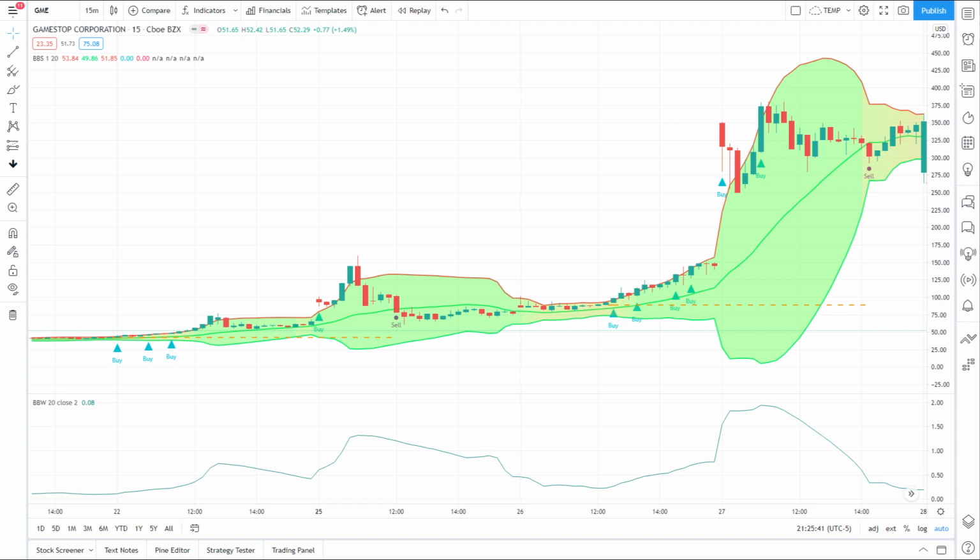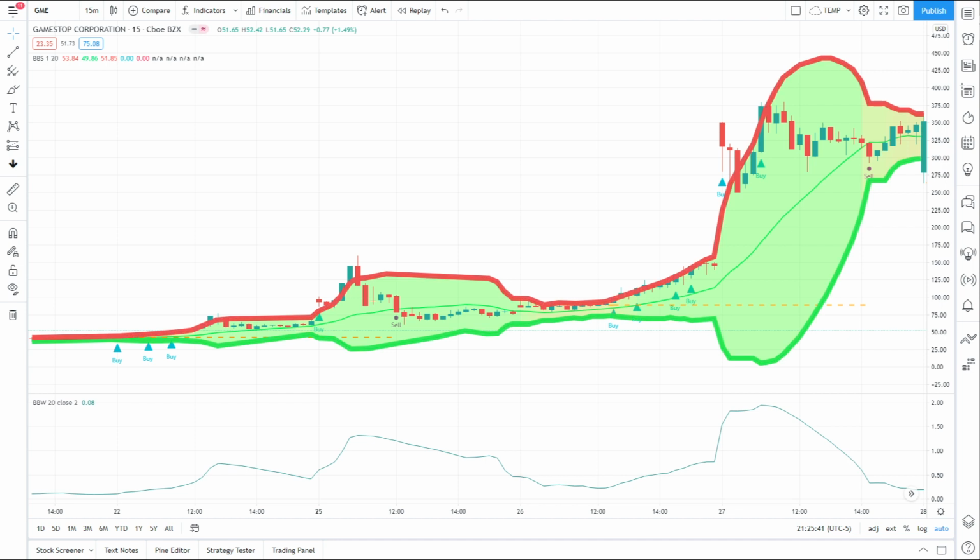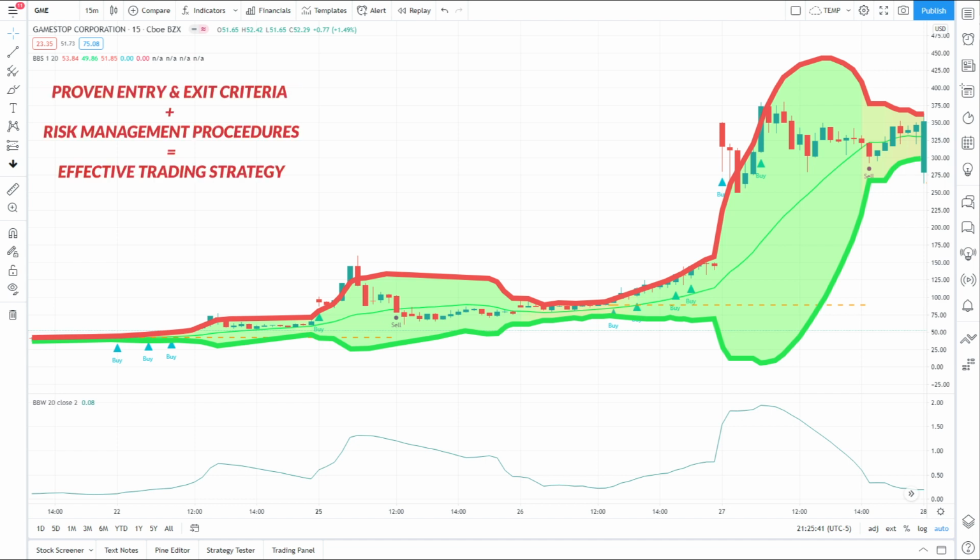There are many different ways to identify and quantify price ranges. Conveniently, the Bollinger Bands indicator has a very clear range already established for us to use. The range between the upper and lower bands. Breakouts from the Bollinger Bands often lead to some extended trends, which can be excellent trading opportunities. When combined with a well-refined set of entry and exit criteria, and with established risk management procedures, we can use these breakouts to form the basis of an extremely effective trading strategy.